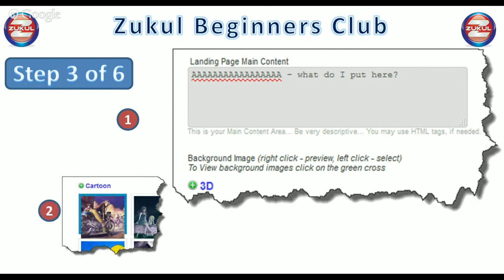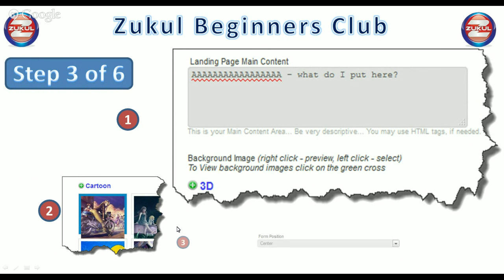Okay, now the second thing you do on this page is choose your background image. Now there's a whole list of them. Now I happen to have chosen the cartoon list. You can only see the 3D one showing in this particular image. I've shown you the big one on the top right. And at the bottom of that, you'll see plus 3D. Underneath that, of course, there's a whole range of images you can select. As I said, my move was to choose the cartoon link, and you just left click on it and highlight it so it has this blue border around it.